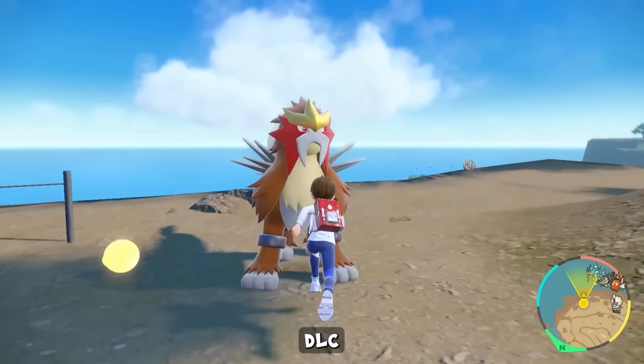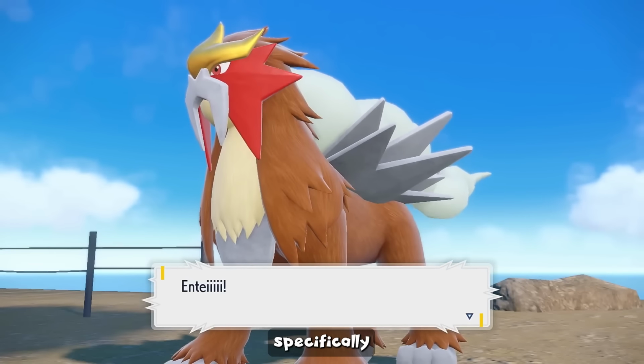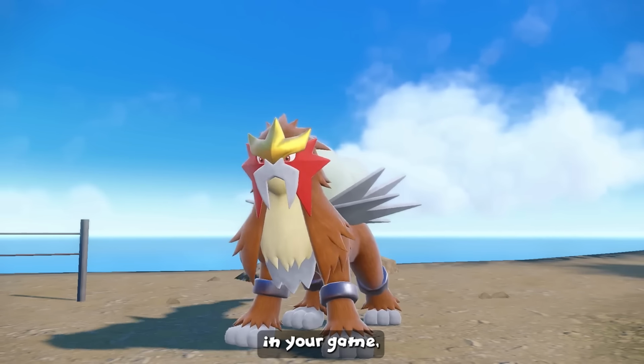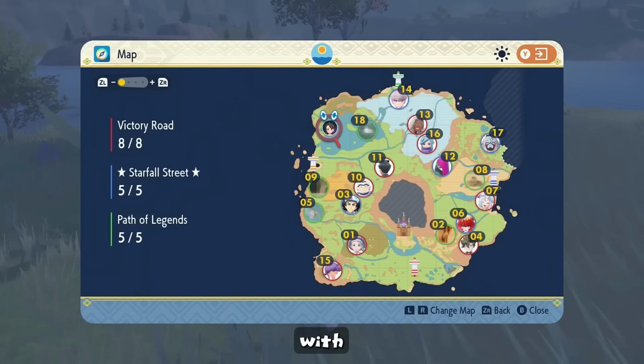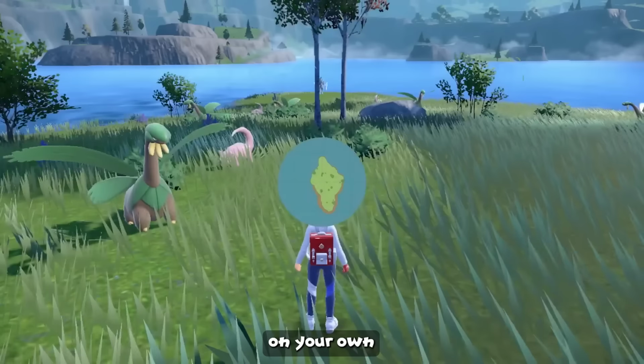Going back to the DLC real quick, there is a difference that can be found here. Now, we're looking at the legendary Pokemon that you can specifically capture. Now, interestingly, you can actually get all of these guys in your game, whether it's Scarlet and Violet. However, that is only possible if you've actually got somebody else to play together with in the Indigo Disc using the Union Circle, since the game will only allow you to get one half of the legendaries on your own,